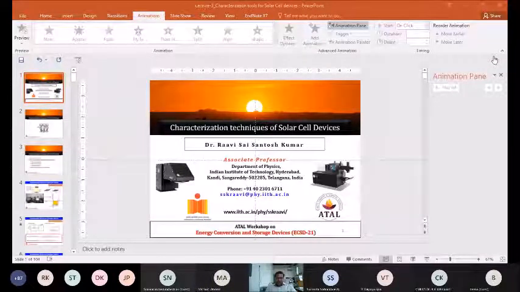Okay, one question I received is by Srinivasan. Does the high fill factor always result in high efficiency, or is it just one of the parameters to characterize the device performance? It is one of the parameters to characterize the device performance, because the VOC and JSC are also important. The fill factor only tells you how good your device is. In solar cell device fabrication, how is the resistance happening? What kind of resistance is there, and how good are you able to resolve your various resistance issues? But the JSC is what tells you how much of the charges are actually going.